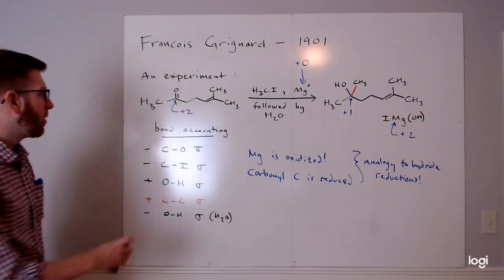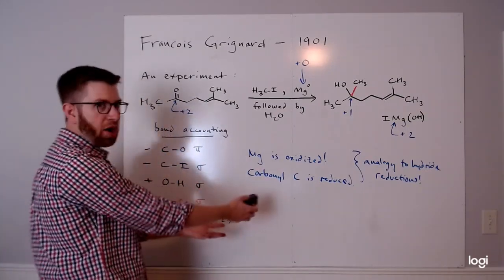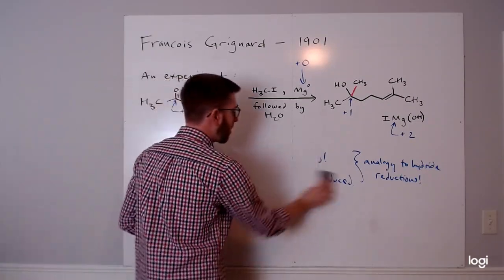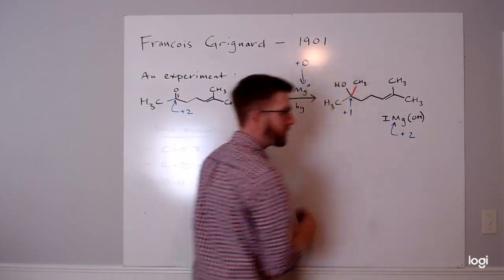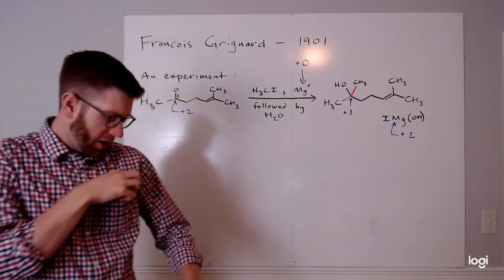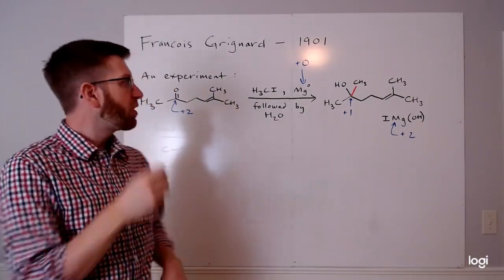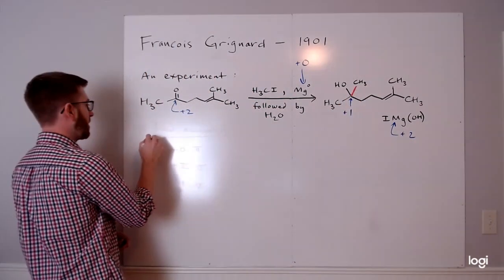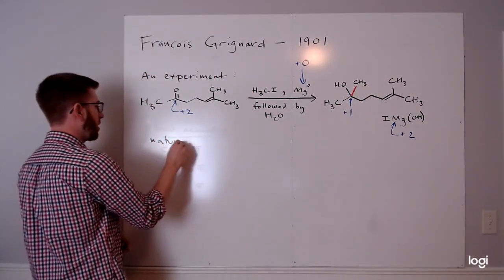Okay, so we've done our bond accounting, we've done our oxidation and reduction analysis. What I'd like to do to finish up this part of our conversation, when we're first encountering the Grignard reaction, is to actually briefly think about how the C-C bond must be forming. So nature of,